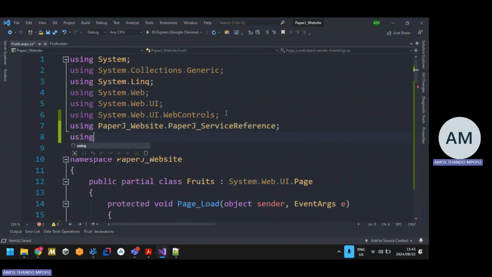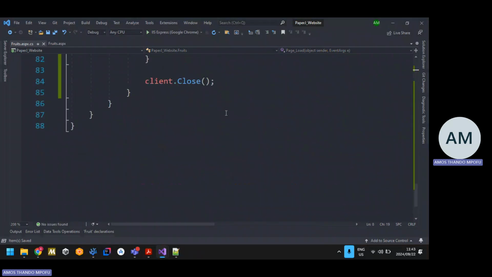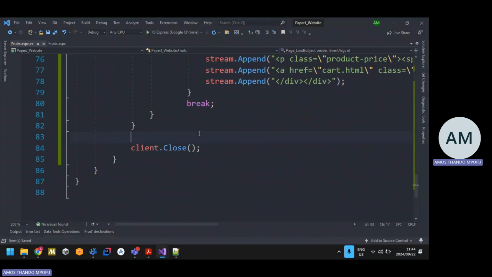And then I need to say using System.Text since I'm using a string builder. No issues were found. Let's try to reference that div. You see,